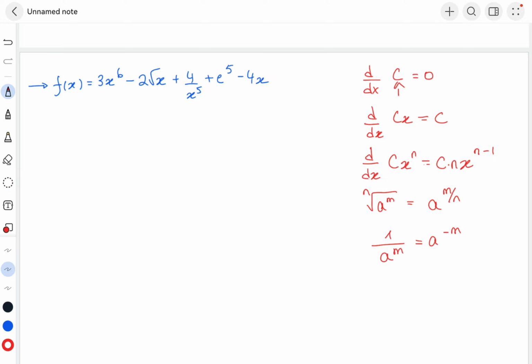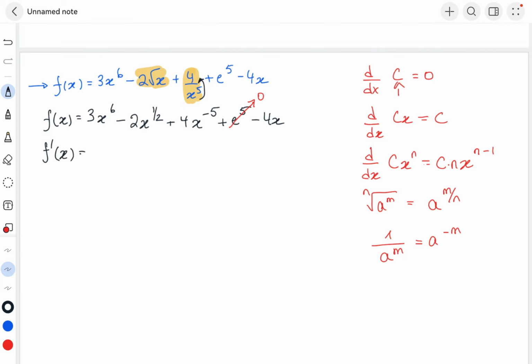Now, first things first, let's fix our equation. Since we have a radical and something in the denominator, let's take all x's to the numerator and make them all normal powers. So we'll have f of x is 3x to the power 6 minus, radical, as we said, is power half, so we'll have 2x to the half plus 4. Since we're taking the x power 5 to the numerator, it will become x to the negative 5 plus e power 5 minus 4x. As we can see, e power 5 does not have an x, which means it is a constant,